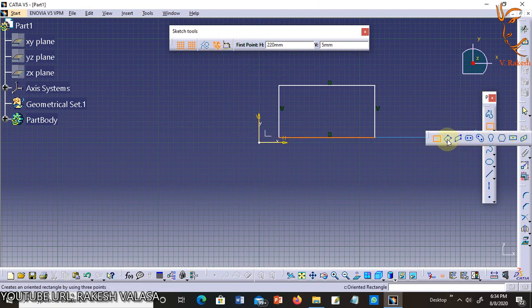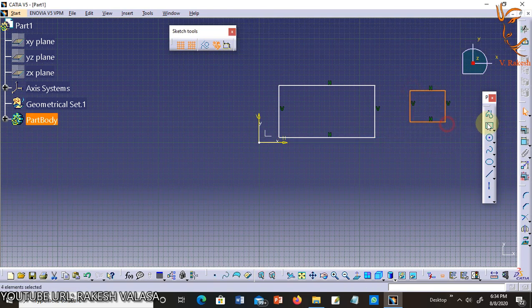The second one is oriented rectangle. To draw an oriented rectangle, invoke the oriented rectangle tool from the predefined profile toolbar.